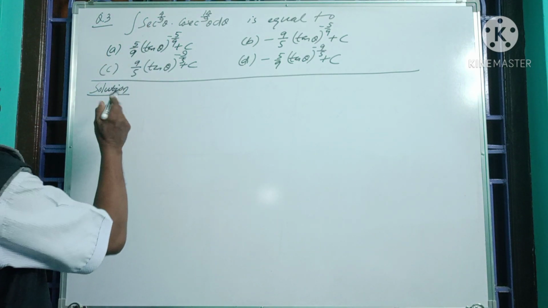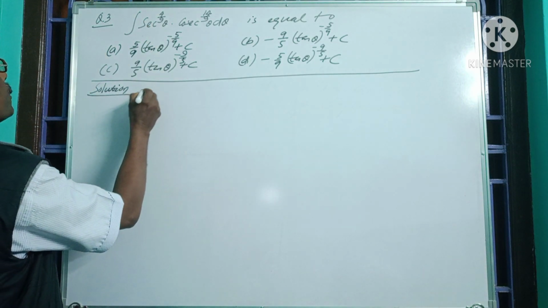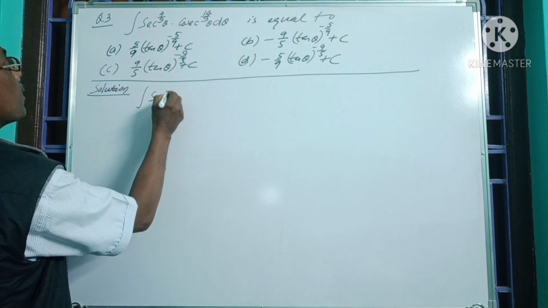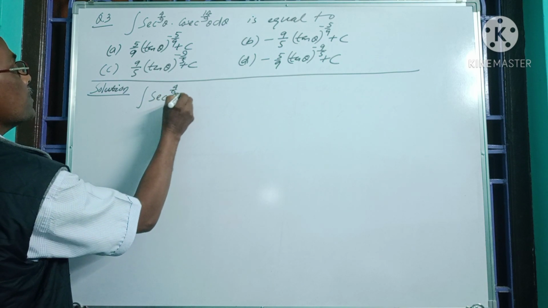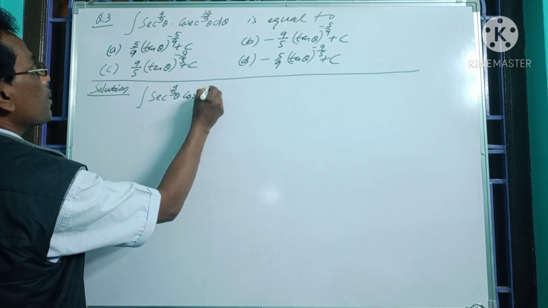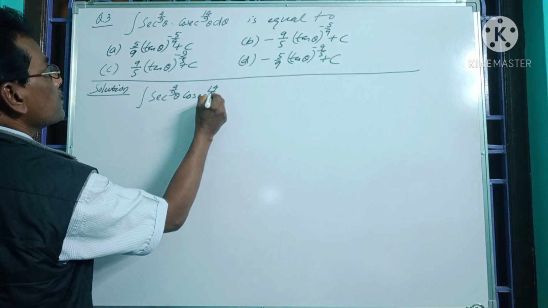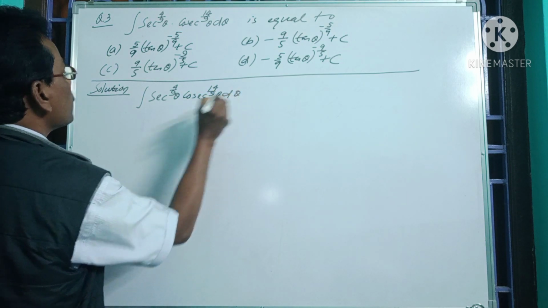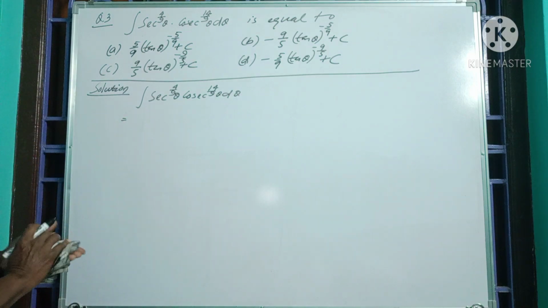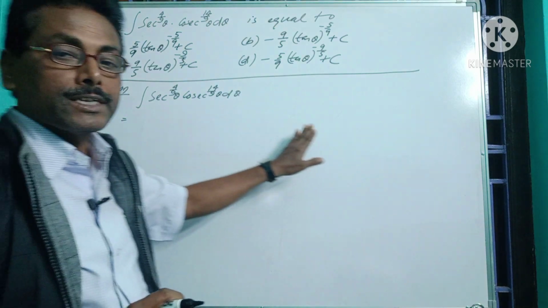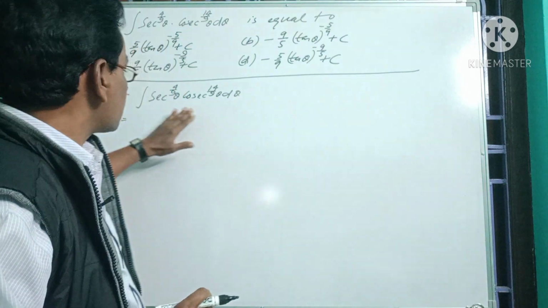Now consider the solution, that is, we have integration of sec to the power 4 by 9 theta into cosec to the power 14 by 9 theta with respect to theta. Here the integrand is not in standard form for integration. So before integration, let us transform it into